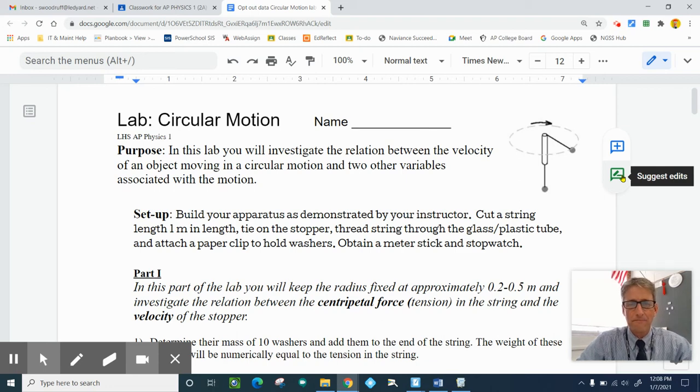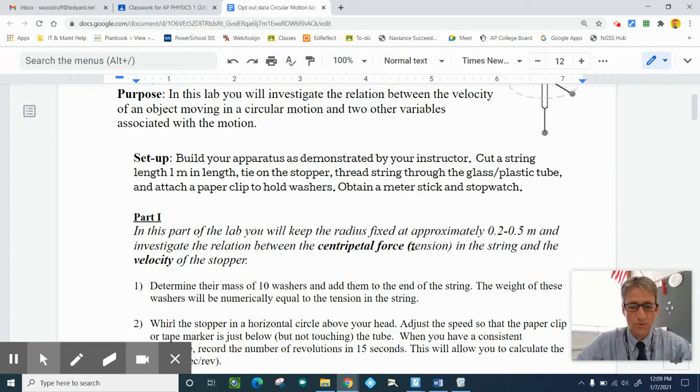Hi, guys. By now, you've completed your circular motion lab, and you're probably watching this video to get a little help on how you can finish analyzing the data. So remember, this was two parts. We are trying to figure out the relationship between, in part one, the centripetal force, or the tension in the string,